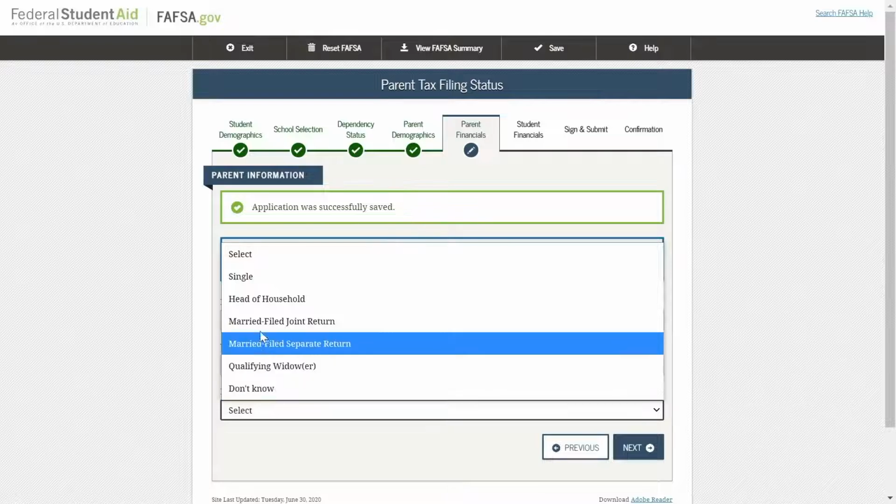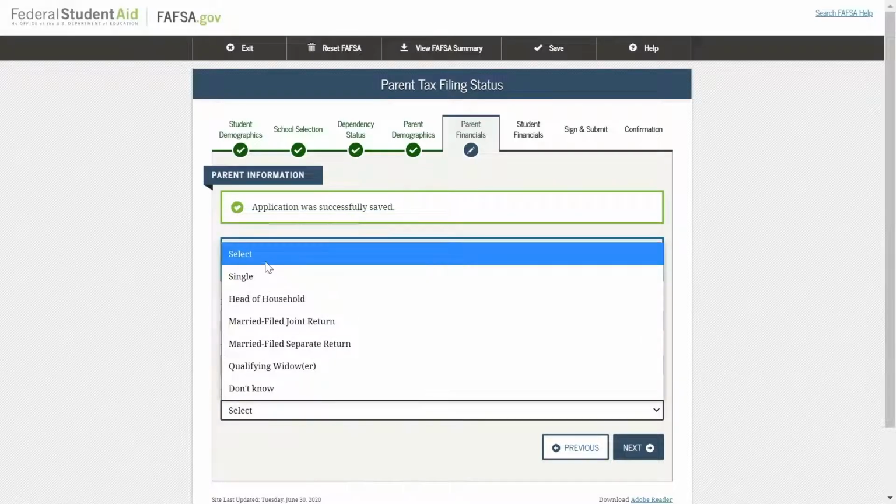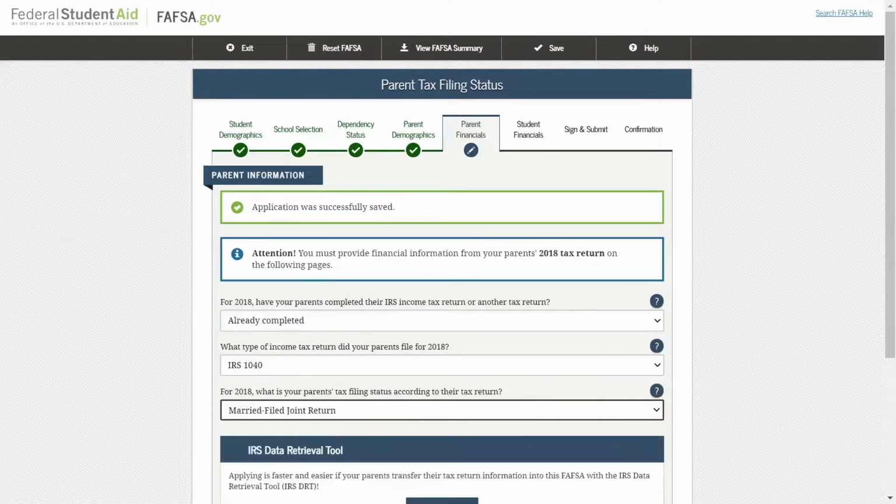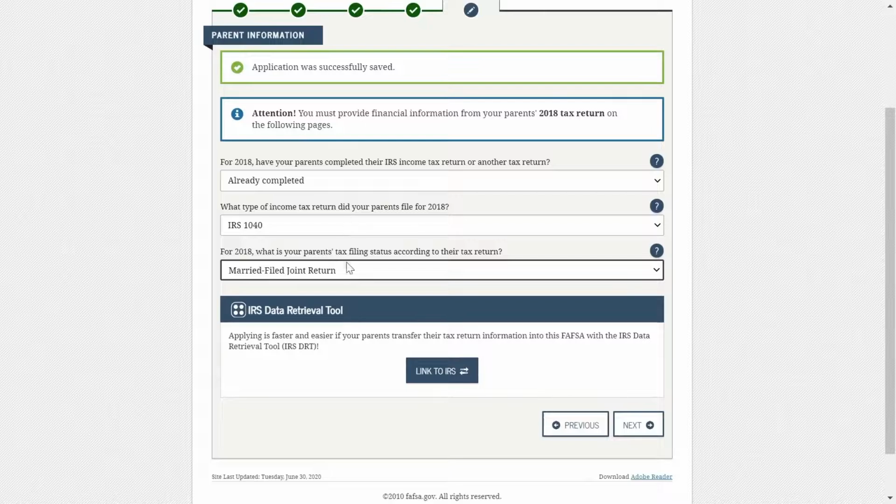So Mom, in this case, we're going along with what we've been doing with this whole FAFSA tutorial, that Mom and Dad are married in the household. So I'm going to say Mom and Dad are married and they filed a joint return. When you get to this point in the FAFSA, you're going to see the option for the IRS data retrieval